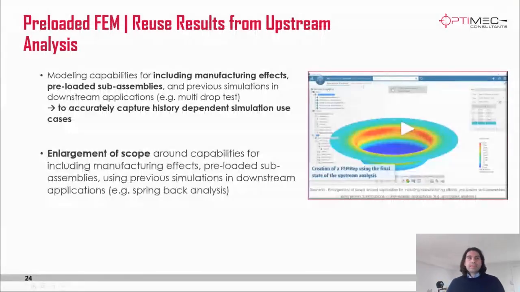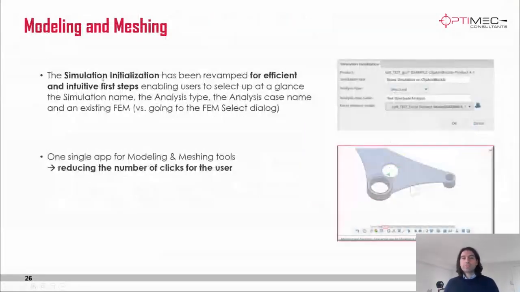So next slide is, these are minor modifications, but I found them very useful, and it kind of changes all the experience using the software. Modeling and meshing: when you create a simulation, there's this new simulation initialization menu where basically you just define the basic stuff. So the title, the type of analysis, or the FM rep you're going to use. If this menu wasn't available, you had to go through all the menus to essentially define or modify those settings. So this is a nice feature that was added.